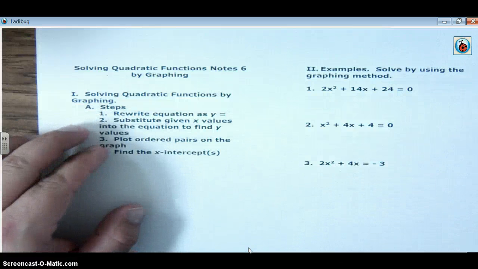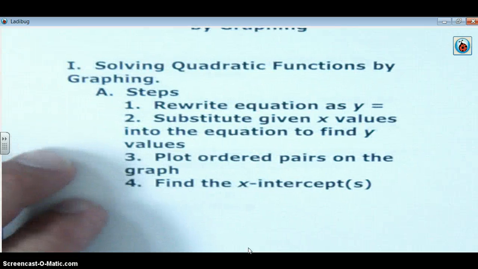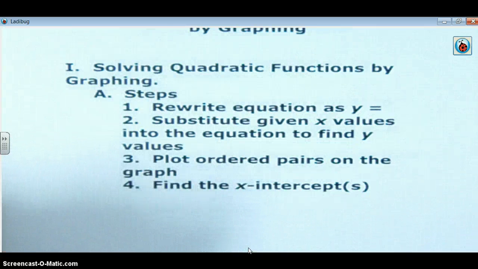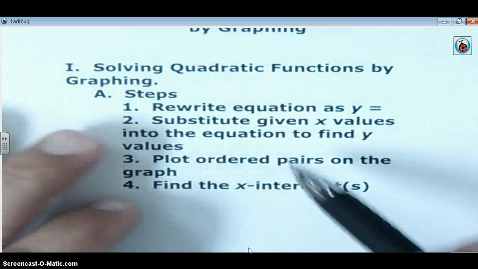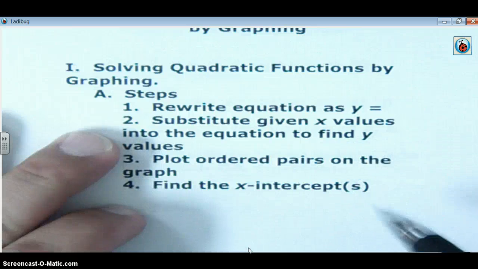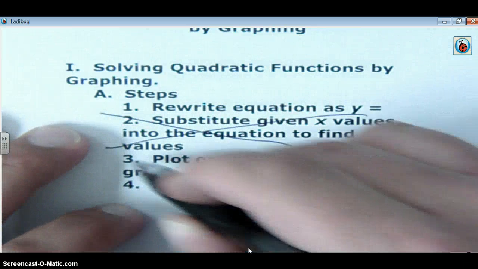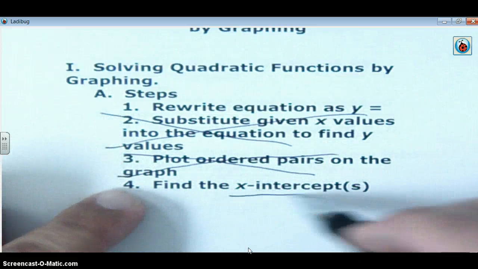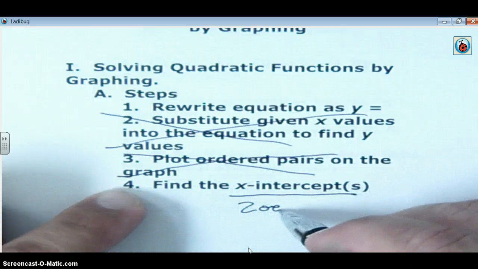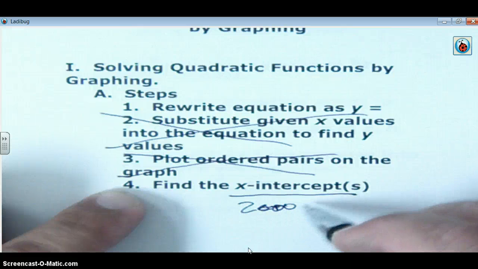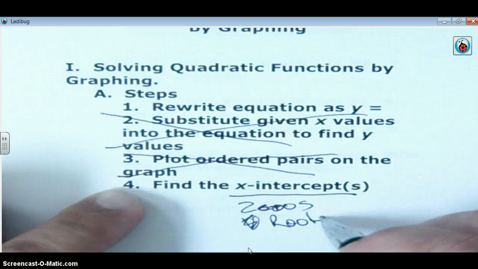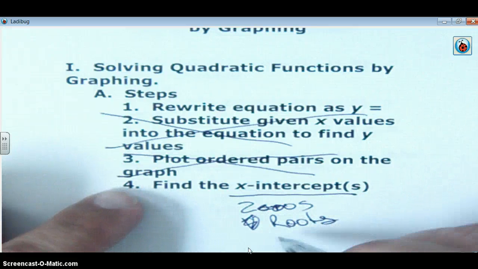Over here on the left side I have some steps for us to do. Let's get that bigger so we can all see it. We first need to write our equation as a y equals. I want it to look like a function. If it's a function, then I can put it into my calculator. Number 2 says to substitute given x values for y values. We're not going to do that. We're going to let your calculator work. We're also not going to do number 3. 4 says we're going to find the x-intercepts. X-intercepts are going to be our zeros, and they're also going to be my roots. Okay, these are going to be my solutions